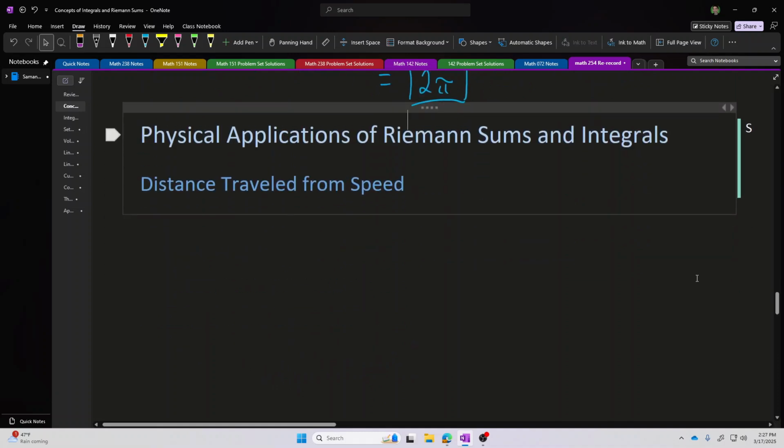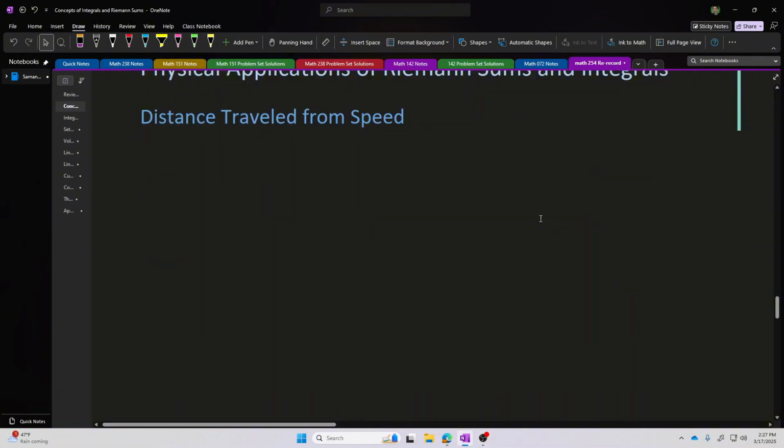Finally, let's just review a few physical applications, a few physical quantities that could be calculated using Riemann sums and integrals. So first of all, Riemann sums and therefore integrals can be used to estimate or to calculate distance traveled from speed. So for example, if I had a table showing me the speed of a certain object at different recorded times,